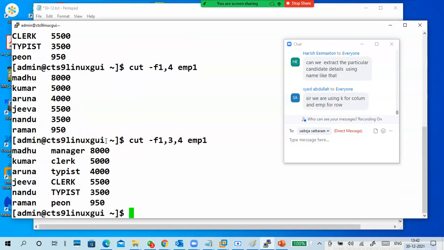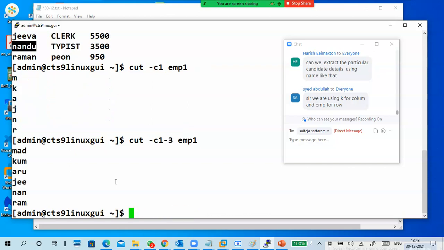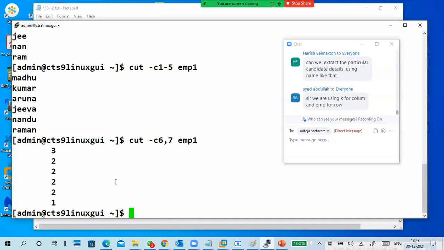So see how to get it. Cut hyphen C1 EMP1 means the first character, M K A J like this. If you use 1 2 3 like this, or 1 2 5. In case 5 is done, then 6 and 7, it is gone somewhere.